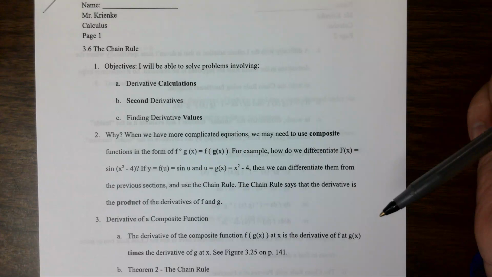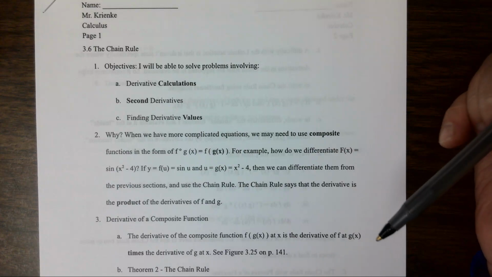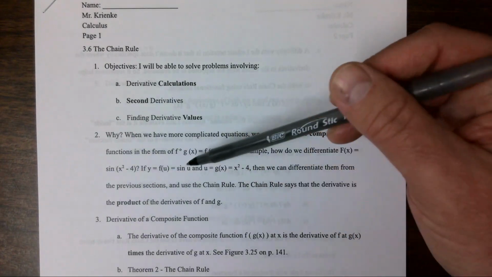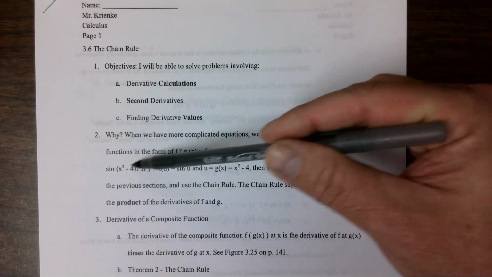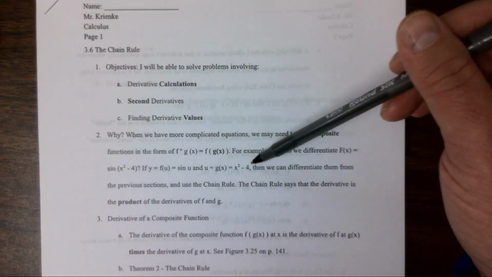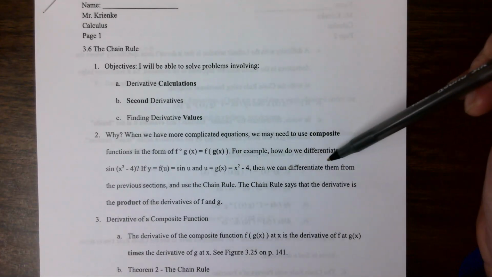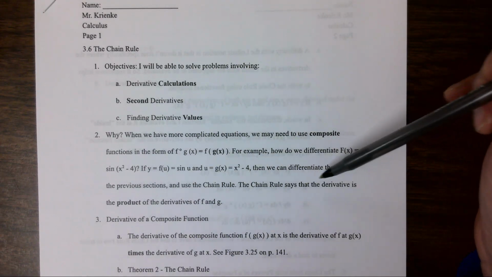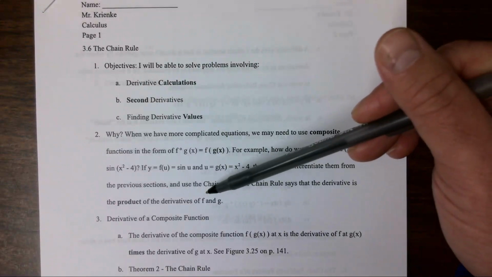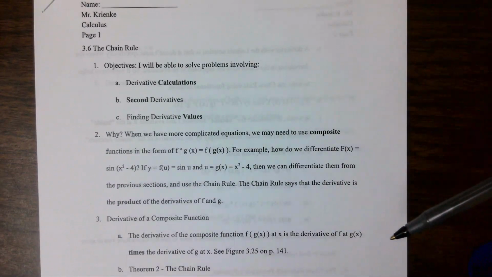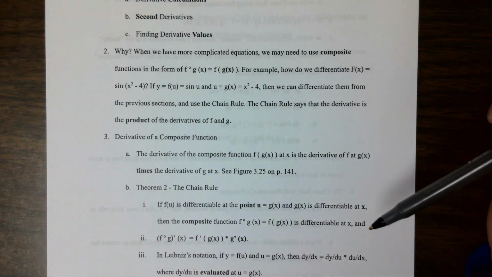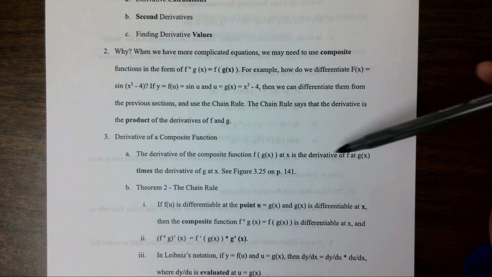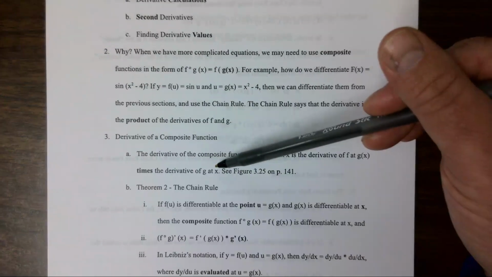So here they're going to have u notation, and they're saying the function of u equals sine u, and then the u is the inside part, which is the x squared minus 4. And then we can differentiate them from previous sections and use the chain rule. The chain rule says the derivative is the product of the derivatives of f and g. So the derivative of the composite function is the derivative of f at g of x times the derivative of